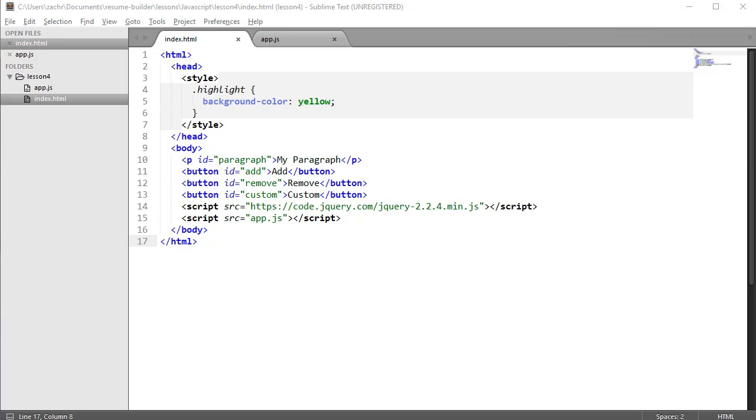An important feature of rich interactive websites is the ability to add and remove styles dynamically. jQuery provides a great mechanism for us to do this, both to add and remove classes as well as custom style rules. So to illustrate this feature, I've gone ahead and modified our index.html page to include a style rule